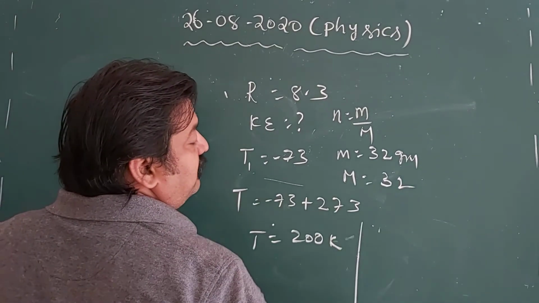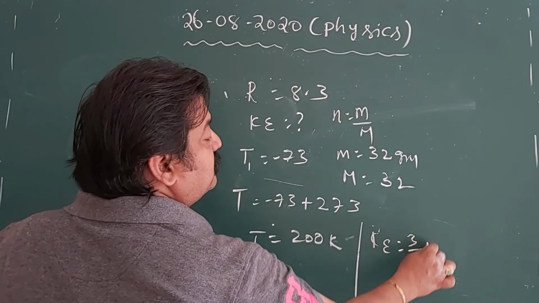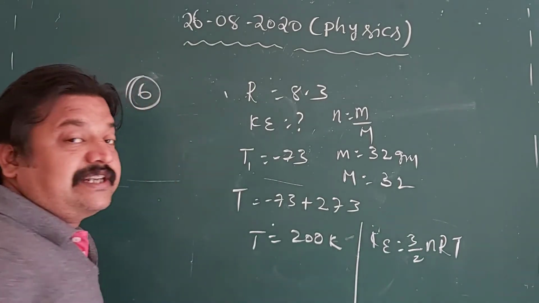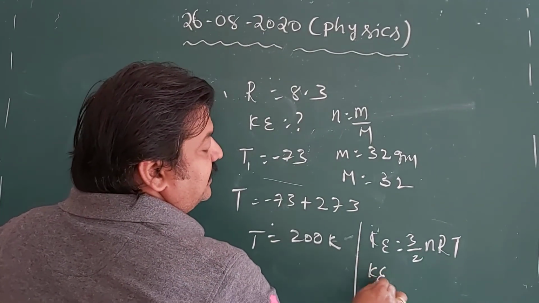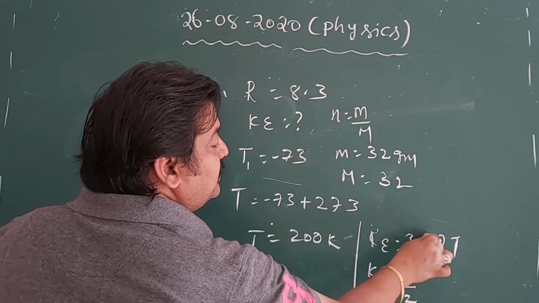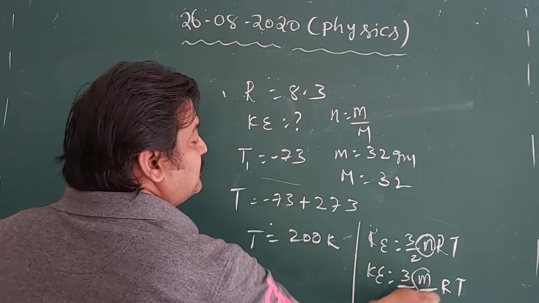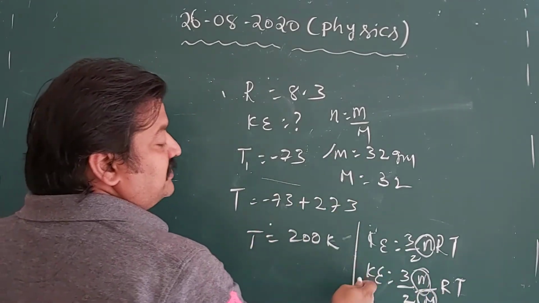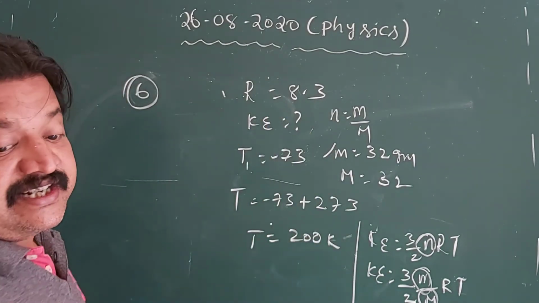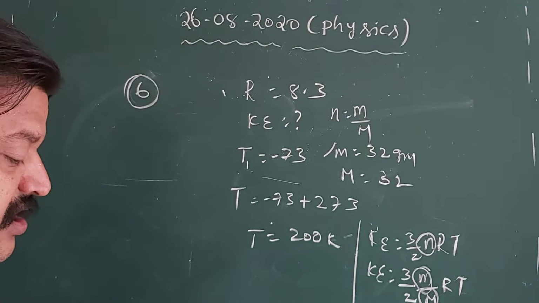So the question is very direct. The mean kinetic energy formula is KE is equal to, what is that? 3 by 2 nRT. Either 3 by 2 PV or 3 by 2 nRT. From this you can say that KE is equal to 3 by 2, n is weight by molecular weight, into RT. Capital M is given, R is given and T is given. By substituting you are going to get the kinetic energy. This is the way you are supposed to solve that problem. Next, have a look at question number